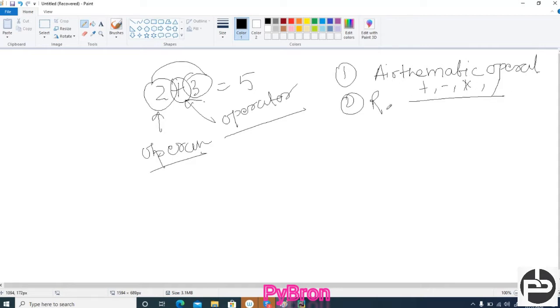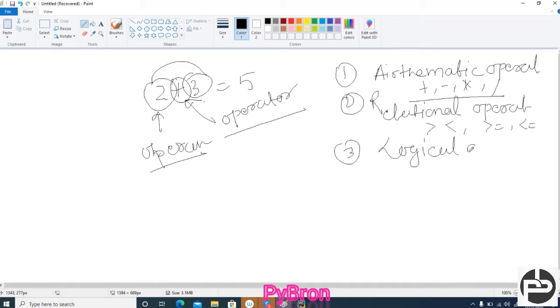Second is the relational operator: greater than, less than, greater than or equal to, less than or equal to. Third is the logical operator, and fourth is the bitwise operator.